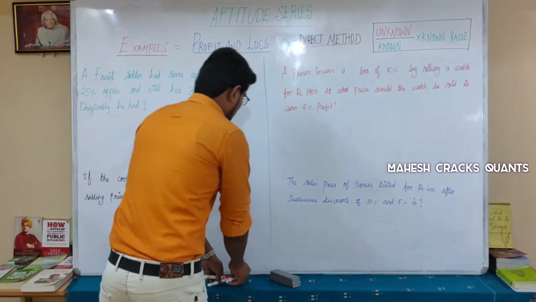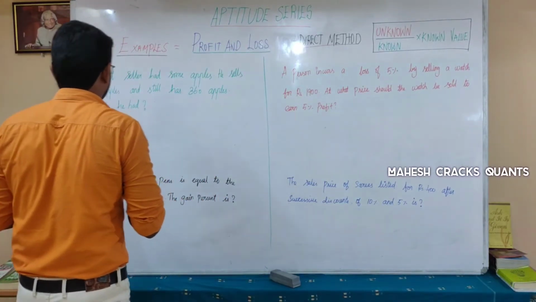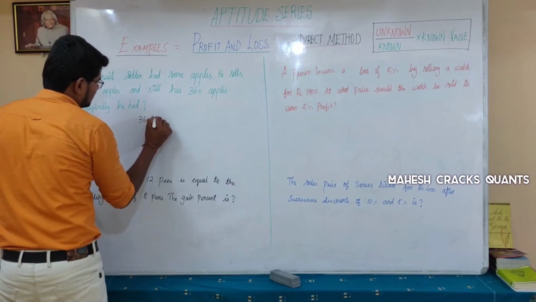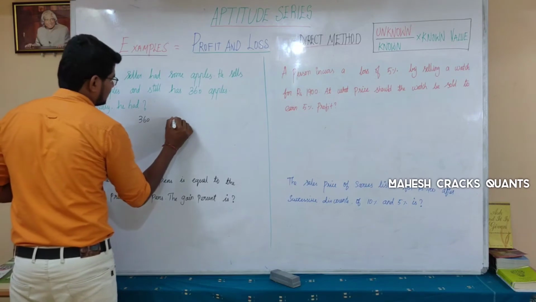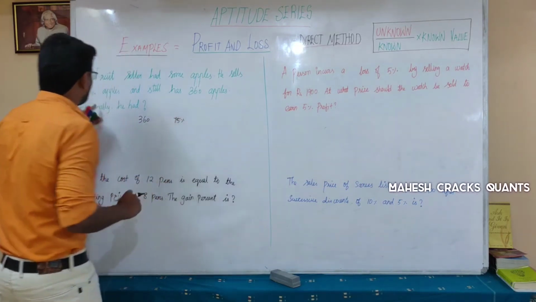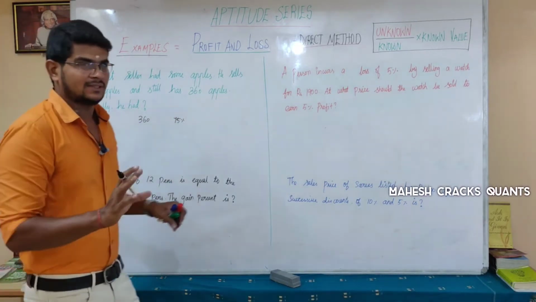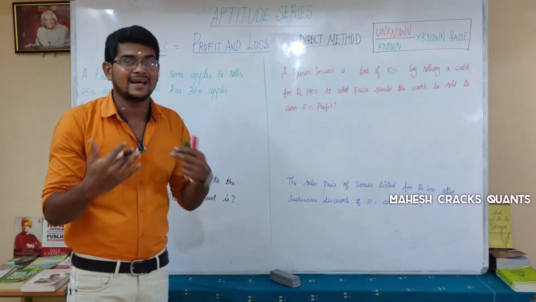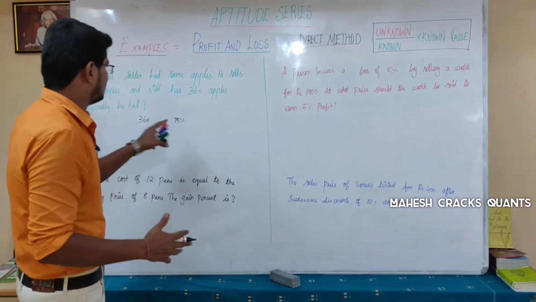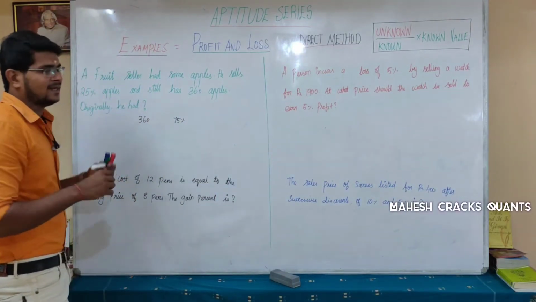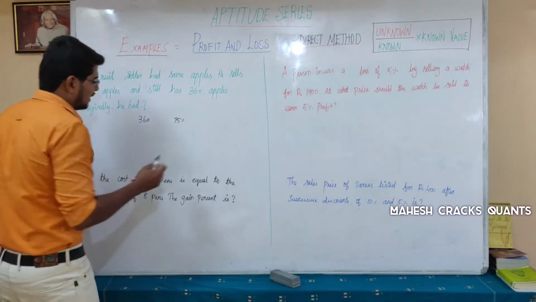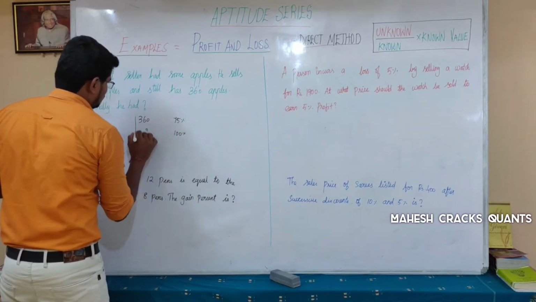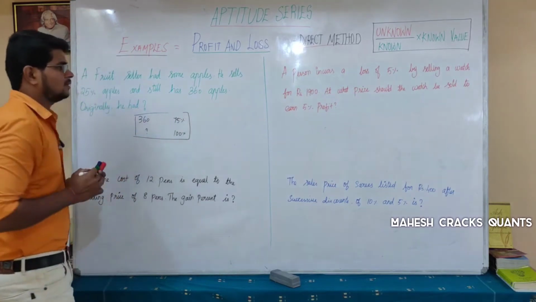Now just take it down, whatever is there. So 360 apples is there, and what is its percentage? We know that 75%. We should not place 25% equal to 360, because after he sells 25%, the remaining apples are 75%. Originally he had, is the question. Originally 100% he had. So when you solve this, you will get the answer.